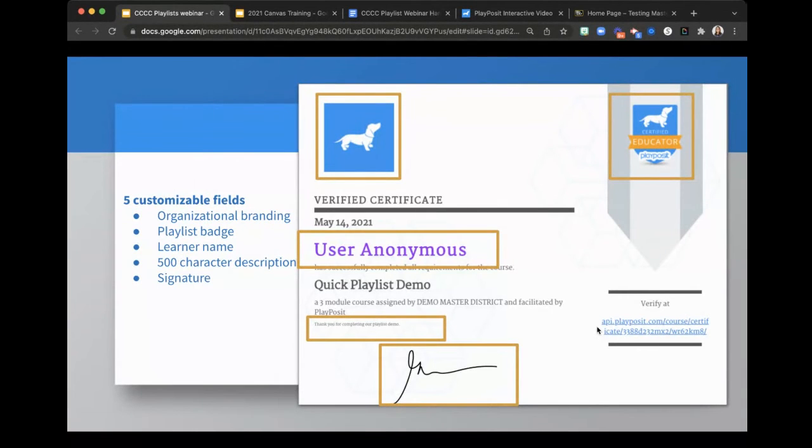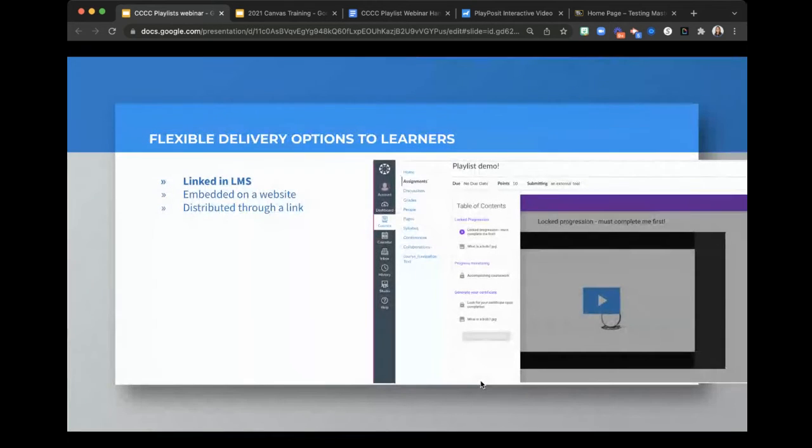All right, again, that customizable piece of the certificate we talked about lightly. You can customize the badge that's included. This will be a great Central Carolina logo for you. It'll pull in the user, what sort of program they completed, and you can even add some custom text or a signature as needed. And I'll show you where you can find that.